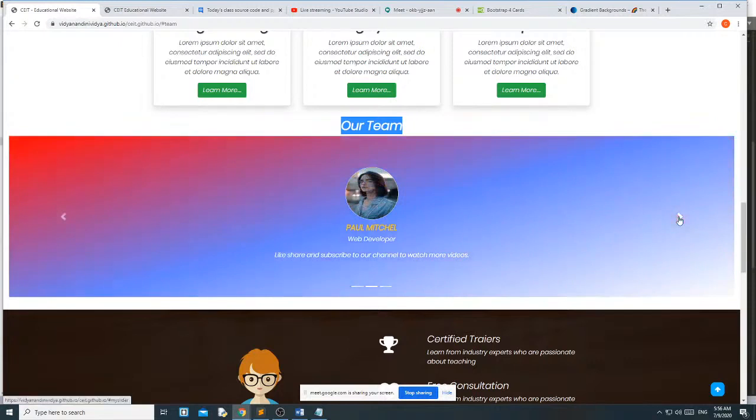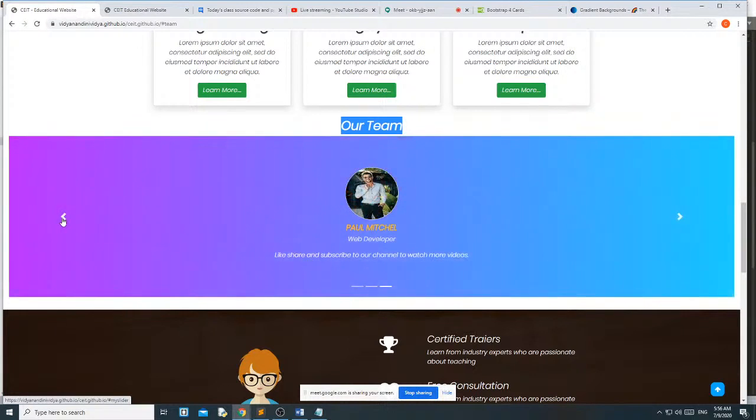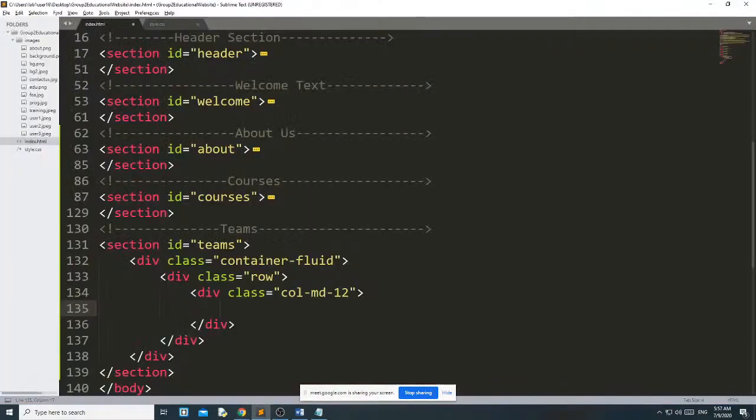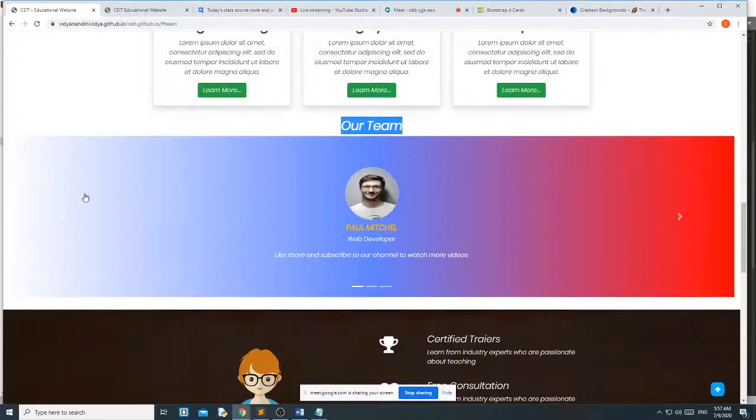Just see, 3 images. At a time it will take all the 12 columns grouped into one column. Okay, then here I want to write this our team. Inside this H2, our team. It looks like this.